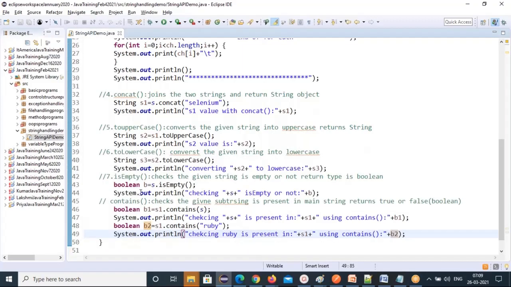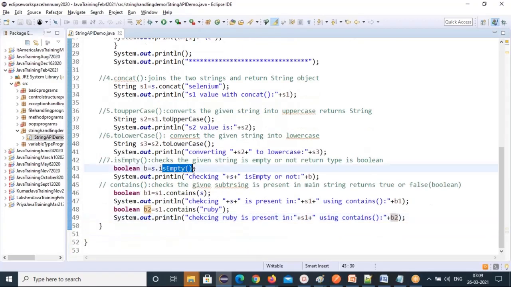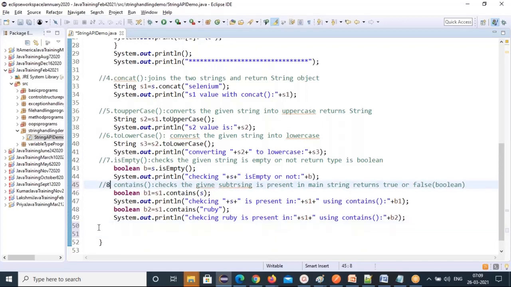Now, we have seen the isEmpty method, which is mostly used. I'm giving the contains method and a few more methods. Let's see all the Boolean methods one by one. There are so many methods, right? Still we are in the beginning. So the next method is